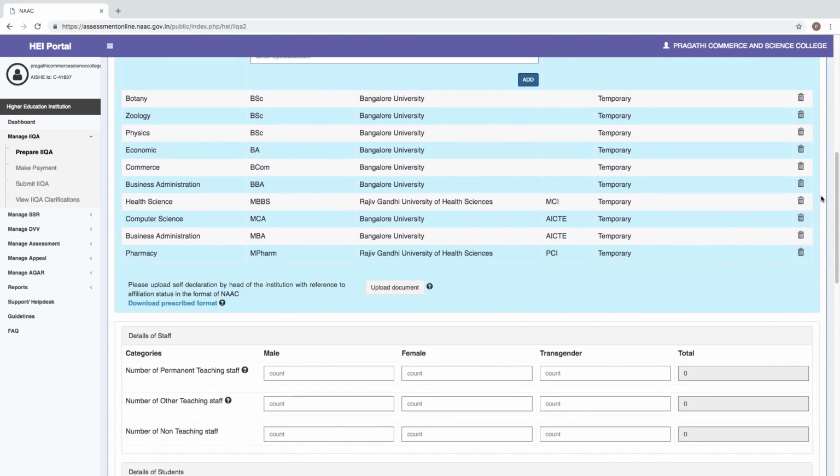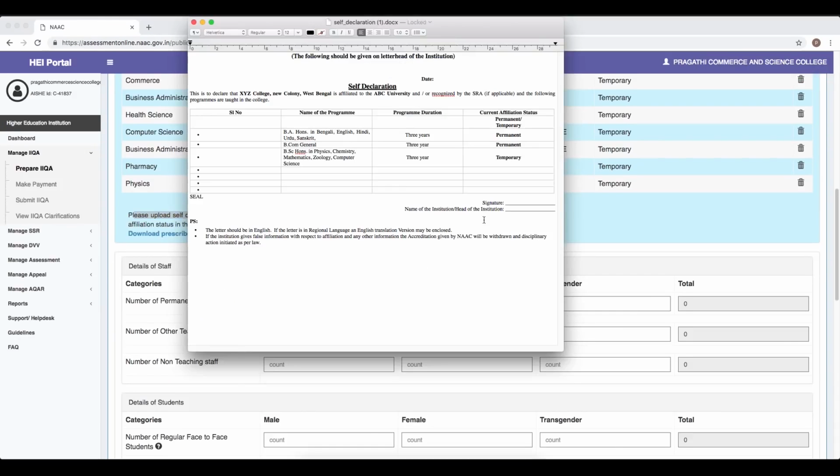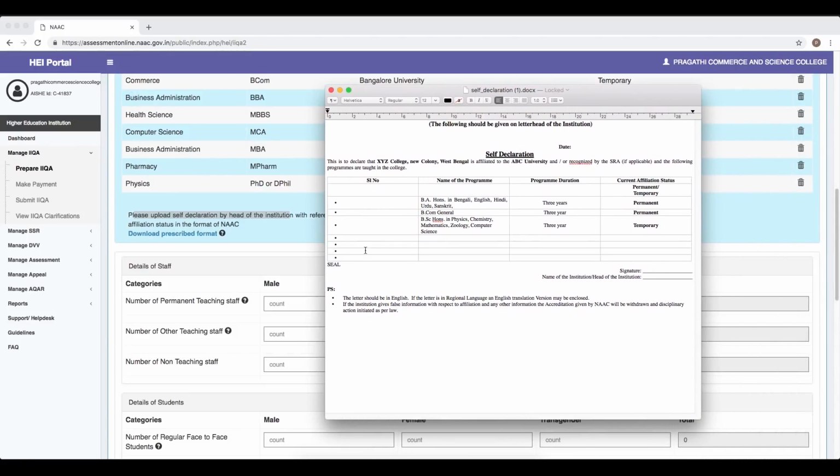Now, understanding these, going ahead, we need to mention a self-declaration by the head of the institution with reference to the affiliation status. The prescribed format can be downloaded from here. The self-declaration should mention all the programs that have been offered by the institution as mentioned in the IIQA, with the serial number of the program, the name of the program, the duration as a number of years, and the current affiliation status as permanent or temporary.